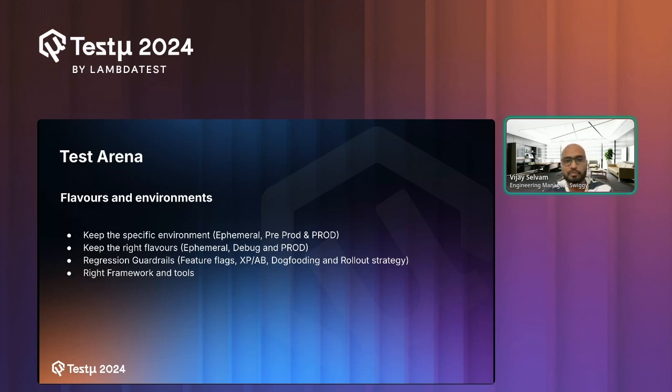If an issue comes, we have to have a backup plan, like feature flags to be disabled, and all this rollout strategy to be planned. So everything has to be tested before we jump into the sign-off of the feature, right? These are all the equipment to be checked. These are basically prerequisites to be checked